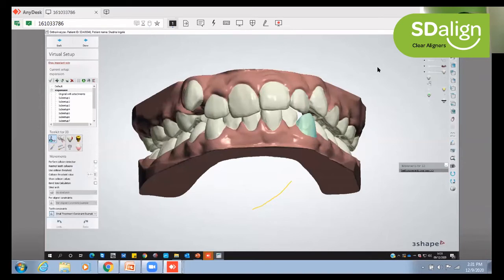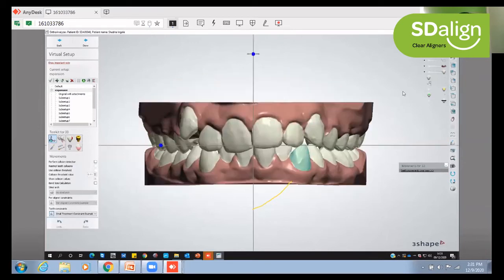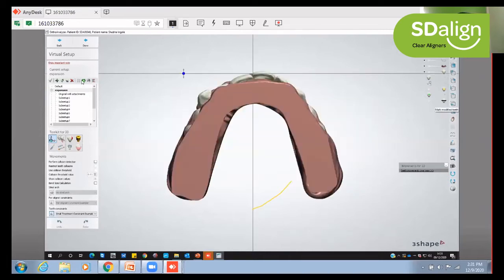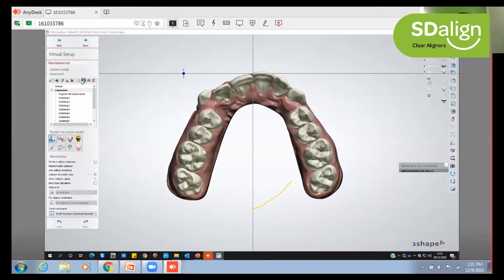So this is the end of stage 1 where we have done the expansion. We can also see it from the occlusal view to appreciate the expansion. So we have not moved the front teeth, as we can use that as anchorage. There was also option for molar distalization in cases like this. So if you have, let's say, a missing third molar, we can always trigger sequential molar distalization for space requirements.